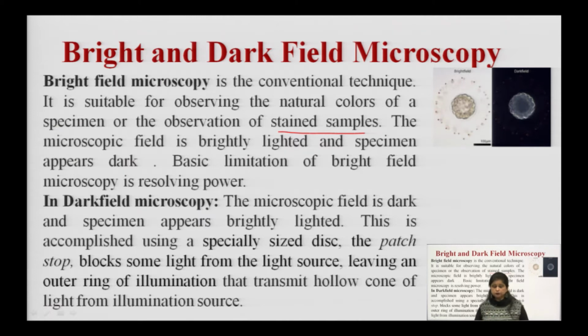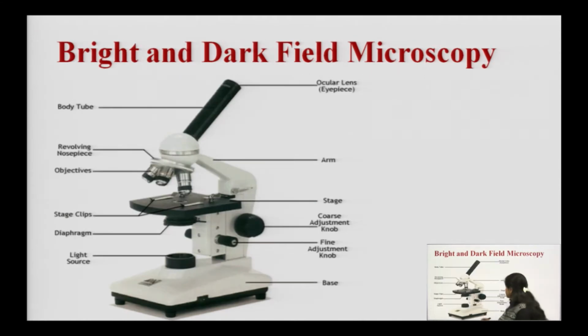What do we need to do in a bright field microscope? First of all, when we want to observe any of the cells or any of the species or any of the cultures under the microscope, we first need to make a slide. In the slide, we have to add those samples which we want to observe, and after adding those samples we cover them with the help of cover slips. After that we place those samples on the stage, if you see this microscope, we always place our samples on this stage.